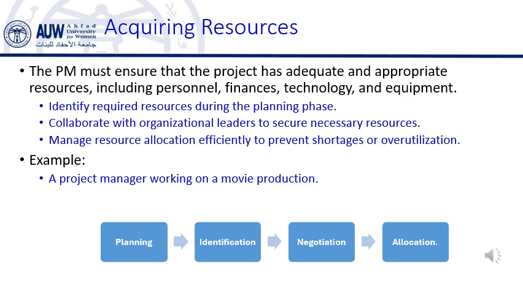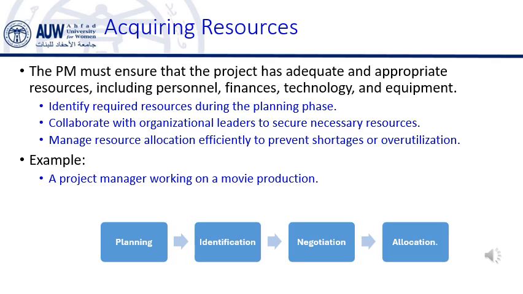Example. Imagine you are managing an event planning project, and the budget for the venue is lower than expected. The PM must find a way to reduce costs for other resources, such as decorations or catering, to ensure the project stays within budget. This connects to earlier lectures on financial management and budgeting. A PM must always ensure that resources are acquired without exceeding the budget, and they need to make tough decisions when there are limited funds.